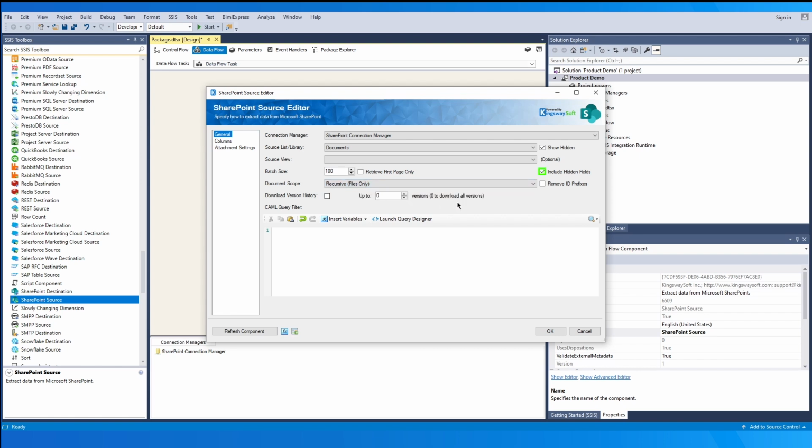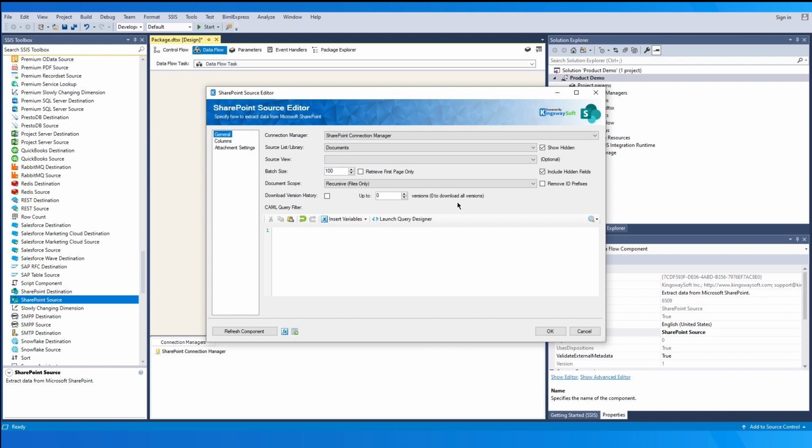The Include Hidden Fields option allows you to specify whether the hidden fields are read and returned. By default, SharePoint returns ID prefixes for a number of fields, such as lookup fields. The return values of those fields are in such a format that those IDs may not have any business value for the other side of the integration, in which case you can enable the option to remove them from the